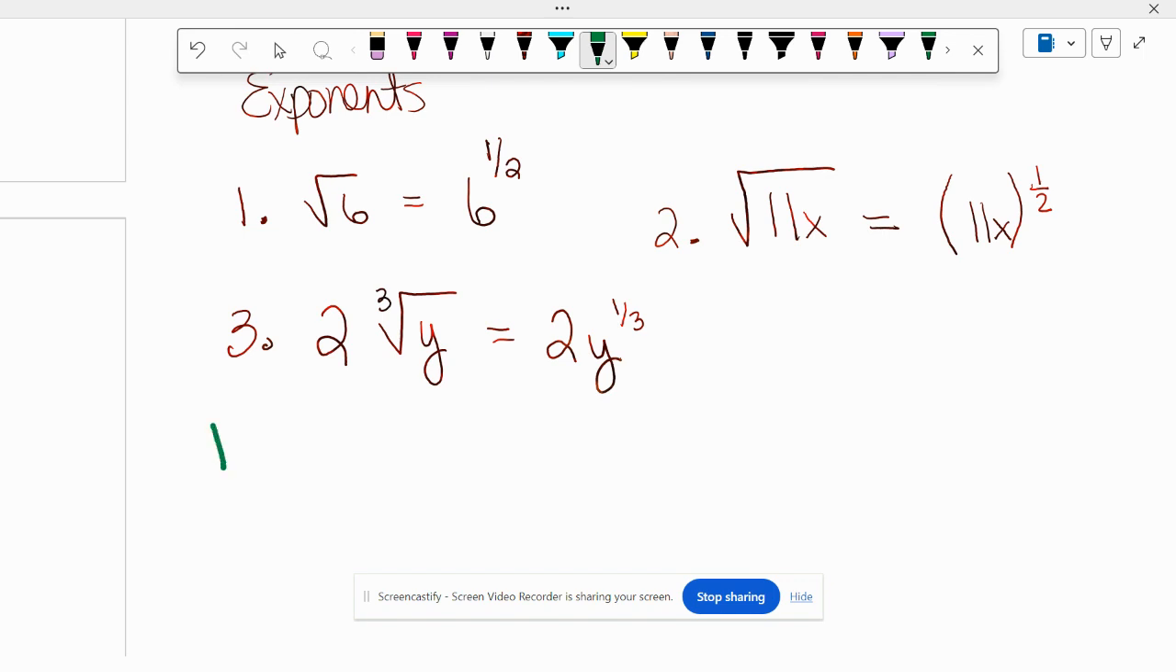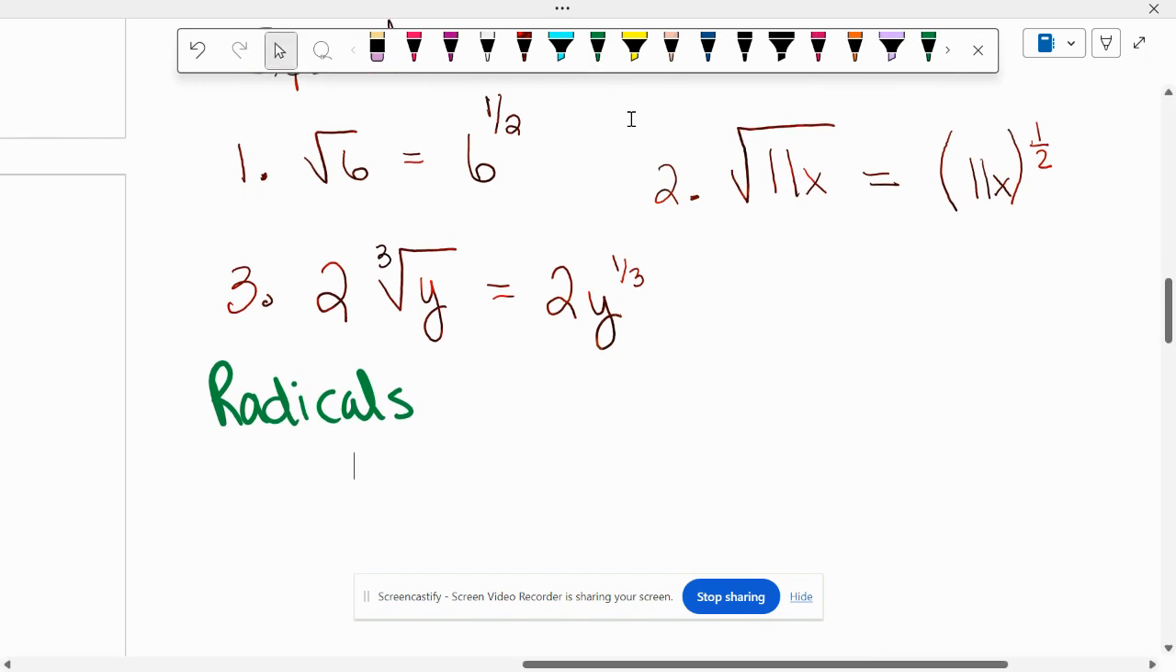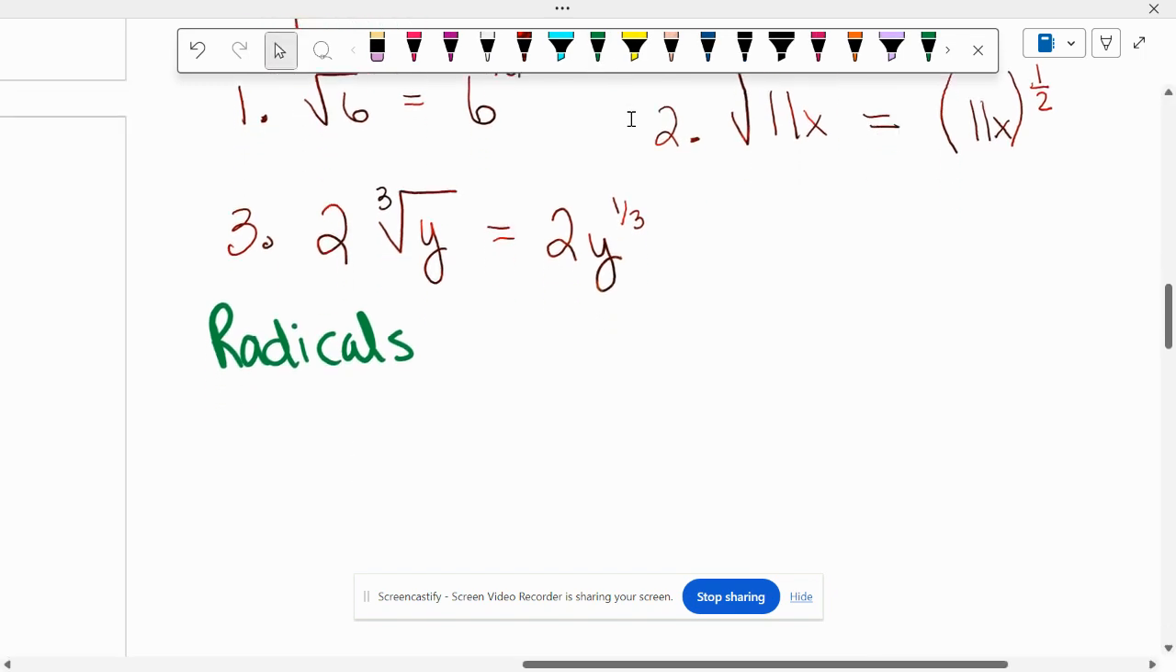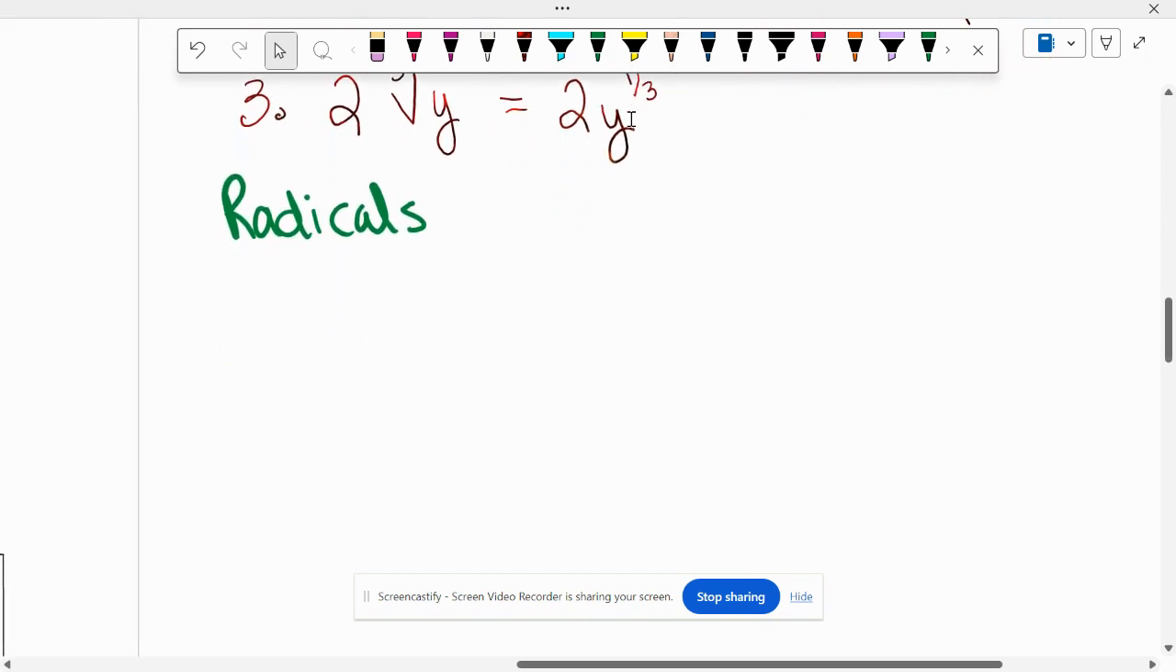Okay. So now we're going to write these as radicals. Is everyone good with 1, 2, 3? Okay. So number 4,